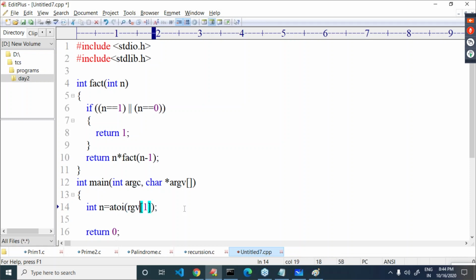Clear? Argv of 1. Now, if n is less than 0,